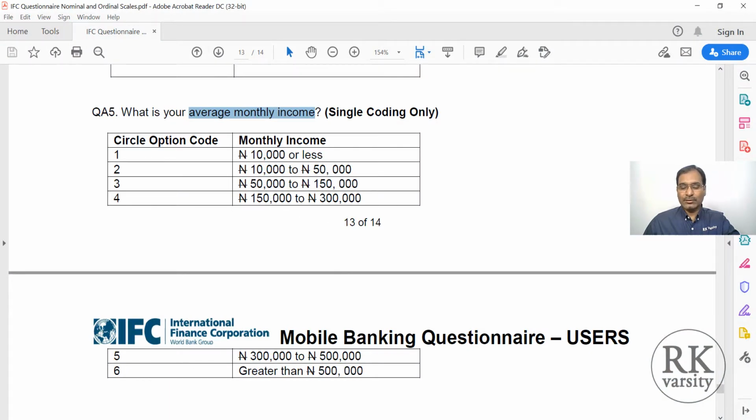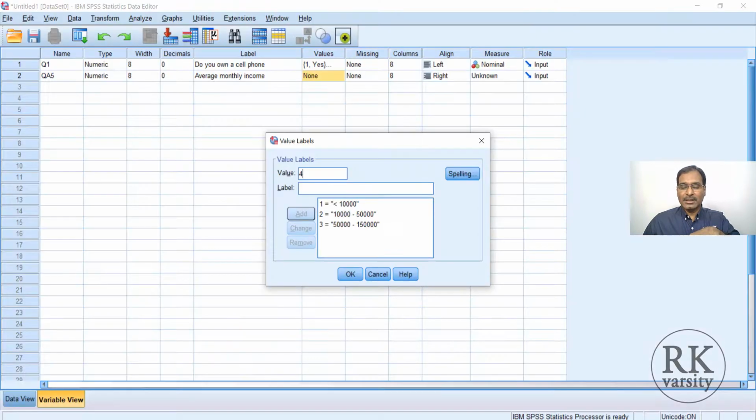We'll take only 4 options, just because it is a redundant one only. So 150,000 to 300,000, and don't forget to click on add, then check all the options are there or not.